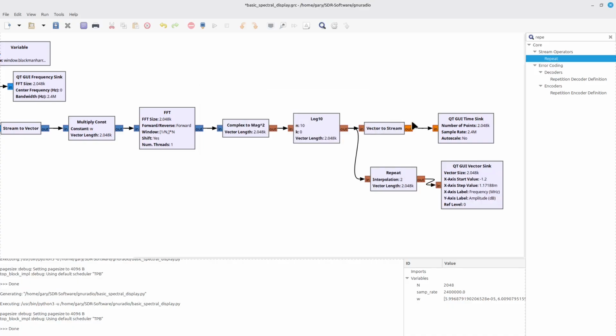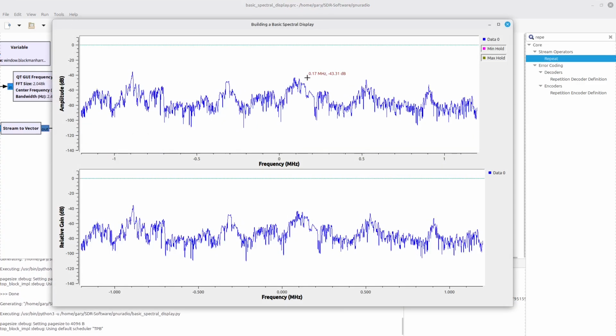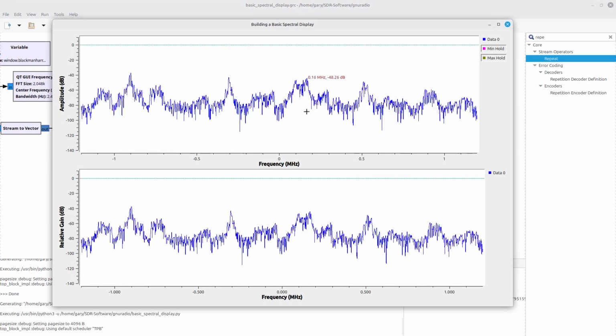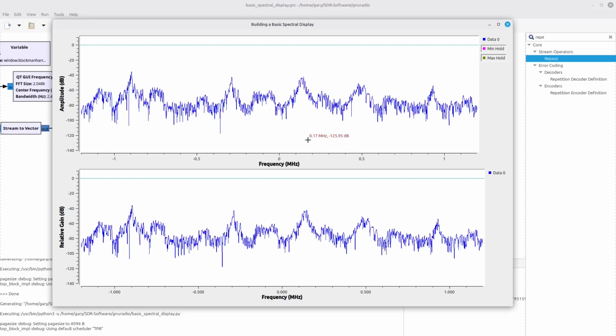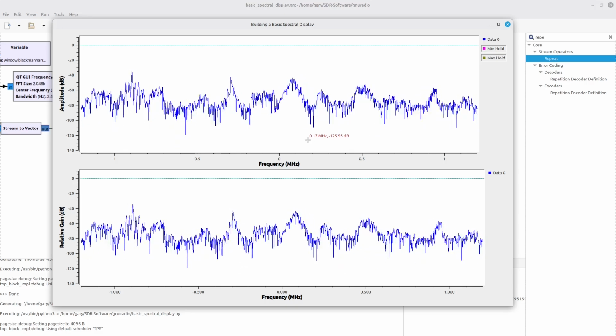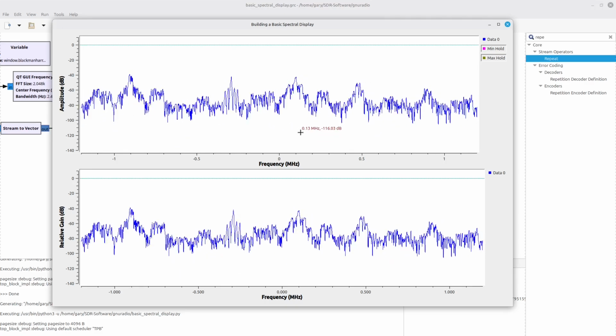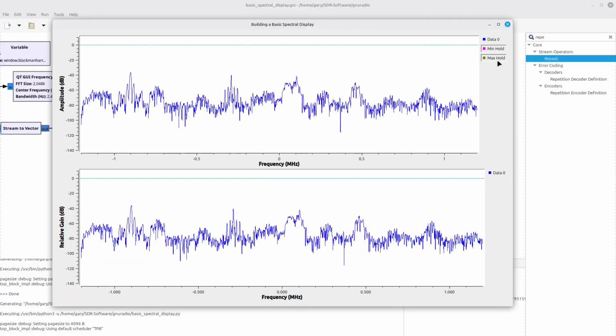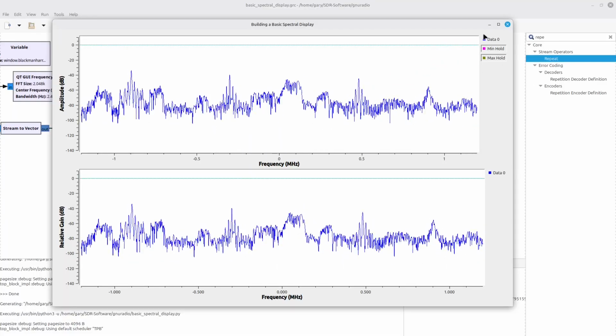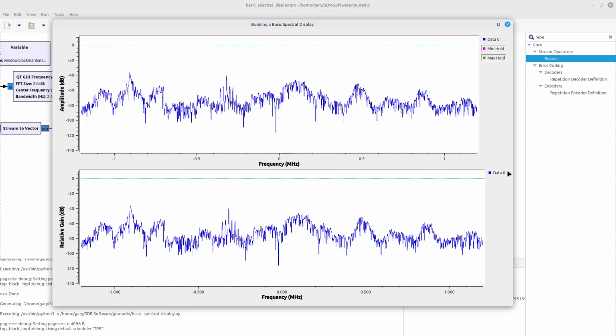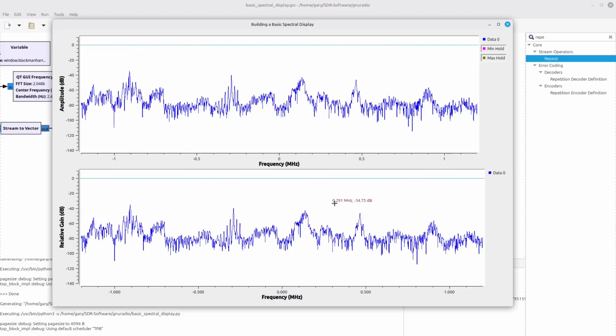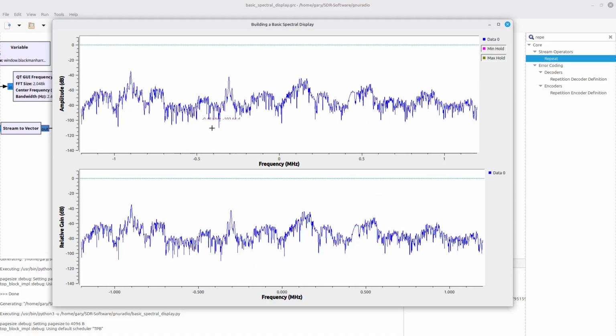I'm going to click OK, and I'm also going to go ahead and, for now, I'm just going to disable these 2 blocks. Reason being, I'm probably going to come back in and use the vector to stream. Running this, notice that we now have 2 displays and they look pretty much identical. The only way that you could really tell them apart is due to the fact that the QView vector sync has this for your legend, whereas for the frequency sync it just has this as the legend. But this is the one that we just made.